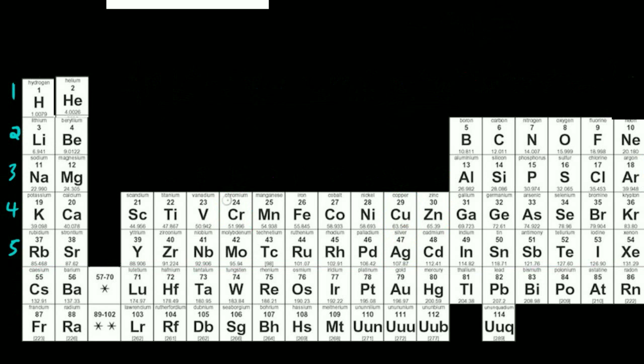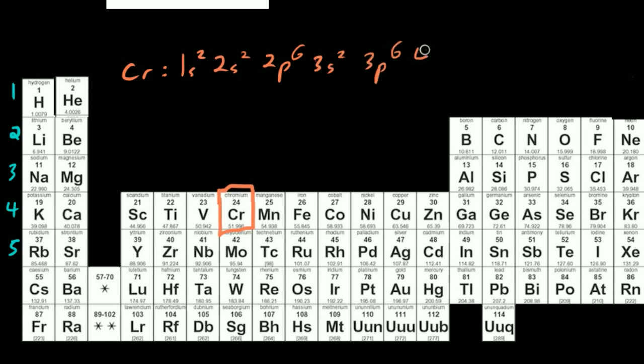Let's do the electron configuration for chromium, and let's figure out what we would essentially expect this electron configuration to look like. Well, we're going to start off using the Aufbau principle, so we're filling the lowest energy orbitals first. So we start off 1s2, 2s2, 2p6, 3s2, 3p6, 4s2, and now we start backfilling our